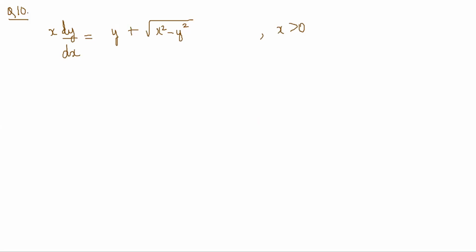Here again, this seems like a homogeneous equation, because the second degree and the root are there, right? So again, I'll put y equal to ux, suppose. So dy by dx is equal to u plus x du by dx. So you have x into u plus x du by dx